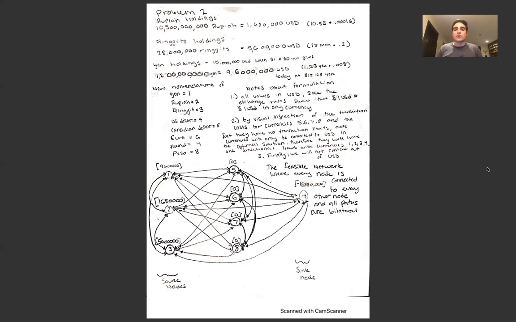Yen has to be converted from the starting point when they had a $15 million holding at $1 equals 80 yen, then to today. And so based on that, we know where to start. So we know what our sources are, and we know that the end, the sink, is going to be the USD output. And so this is the most complicated it can possibly get, is this chart here where every single